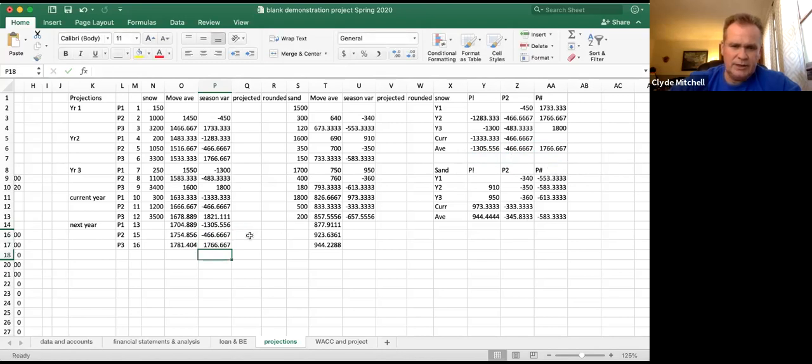So my projected results then will be, let me get this right, we are taking the average and we are adding the adjustment. So that gives us 399,